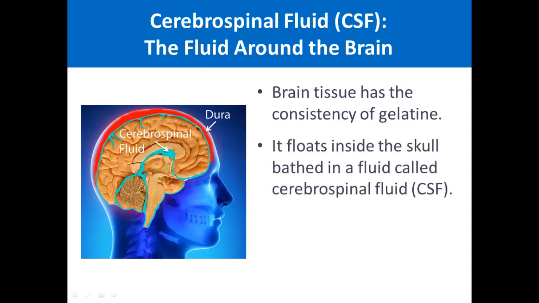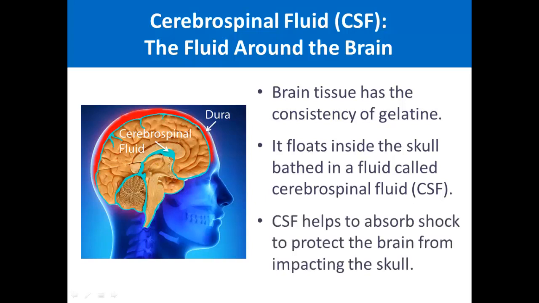The brain actually floats inside the skull, bathed in that fluid that's called cerebral spinal fluid. This isn't a lot of fluid, it's just a teaspoon or more of fluid that's within the cerebral spinal fluid space in the brain, but it does absorb shock, which protects the brain from hitting the skull and causing damage